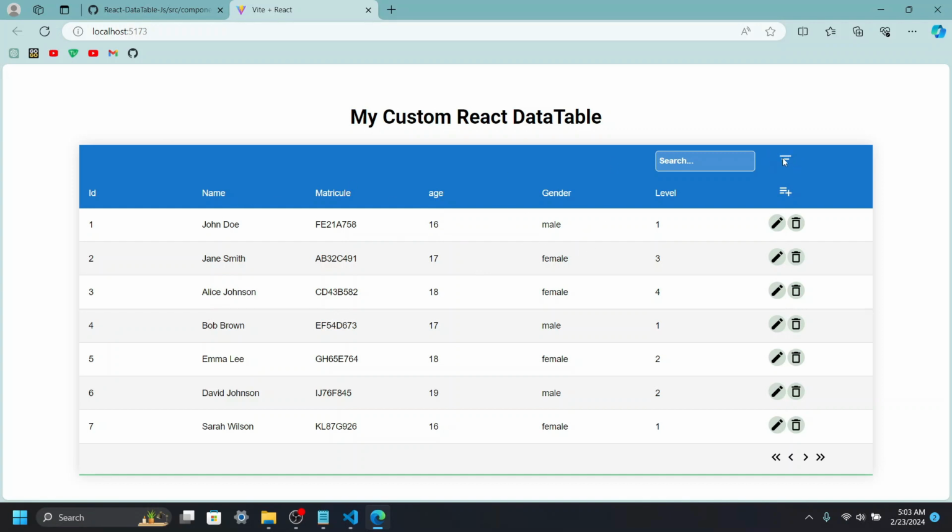What we're going to do is set up this icon such that when we click on this icon, we have a modal. So we're going to use modals once more, and in that modal we're going to be able to select the field by which we want the records to be sorted and select the order, that is, either ascending or descending order. So we're going to head over to our code,